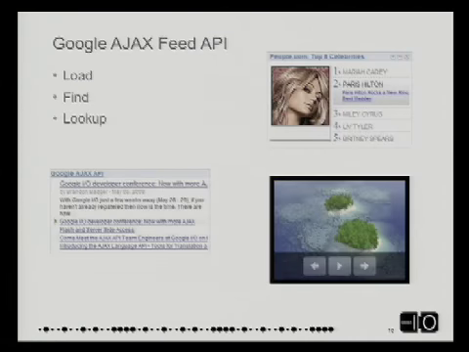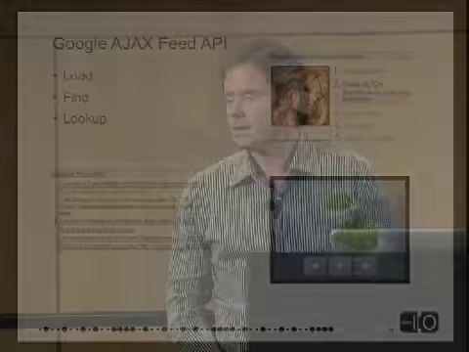The feed API is actually static methods, is what I call them. So for example, inside the search API, you're going to create web instances or a local instance or a blog instance. In feed, you have load, find, and lookup. And load actually works on an instance of a feed that you can generate. Find and lookup actually do some special things that I thought were interesting in terms of if you have the HTML version of a URL and you want to see if there's a corresponding link to that, you can use, I think it's lookup. Is that correct?